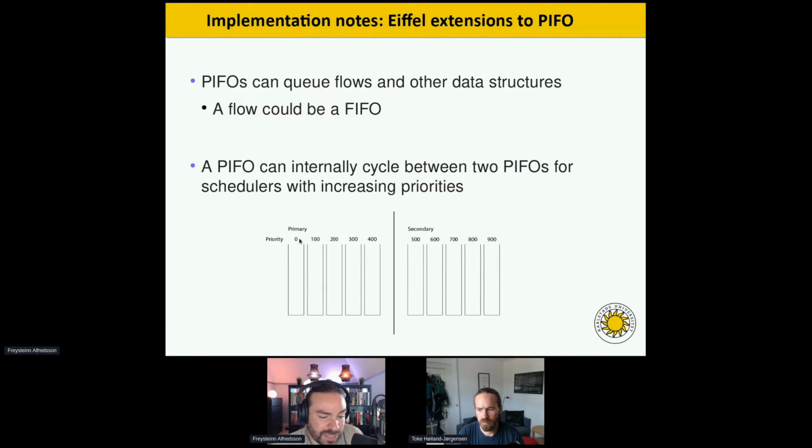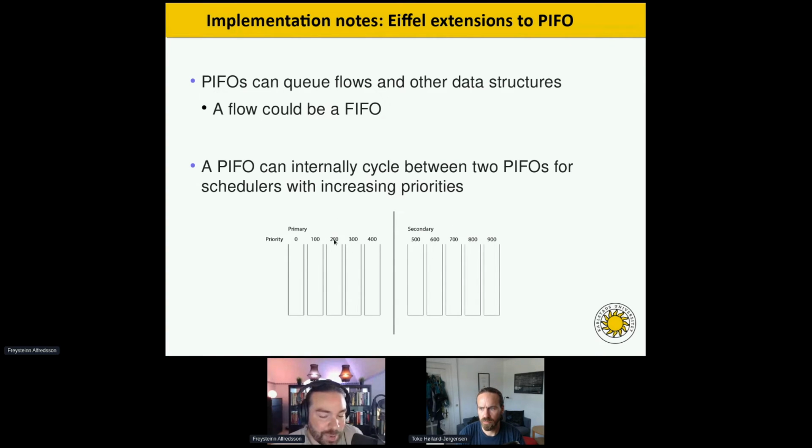For simplicity, I just don't show all the queues between 0 and 100 and so forth. Now, if we never reuse older priorities, then at some point we can just switch internally to other PIFOs. And when the next cycle happens, we just switch again, and then we get